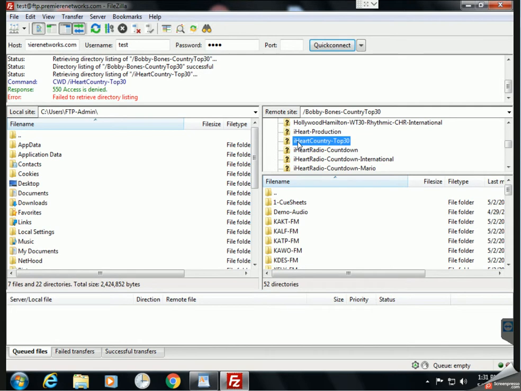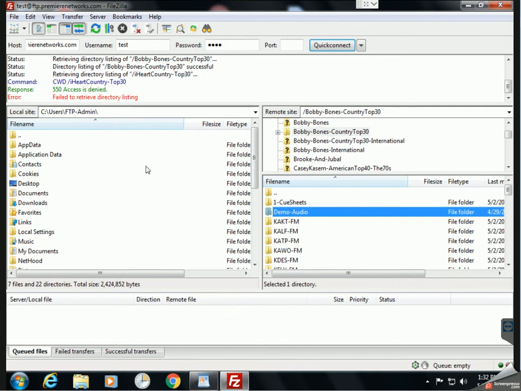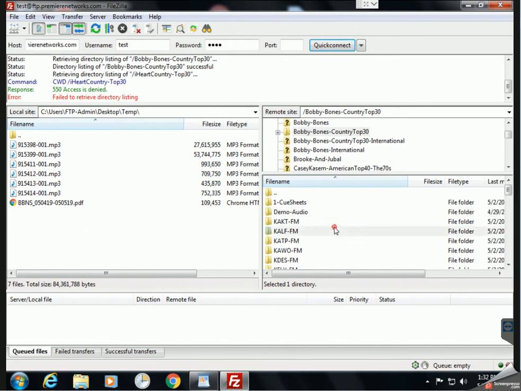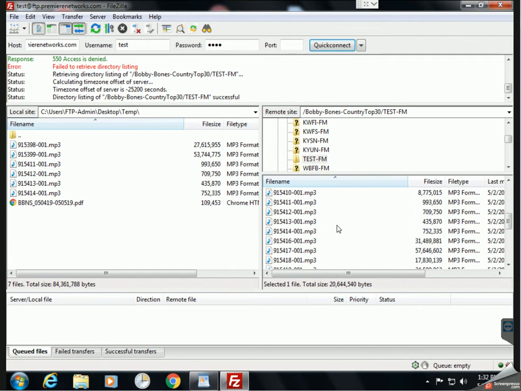For right now, my test account does not have access to that folder, but that's the only difference as far as the FTP goes. They're just located in two different locations. So back up here to our Bobby Bones Country Top 30. On the left hand side, I want to find my temp directory. I'm going to go back to the right hand side to the test FM folder here,